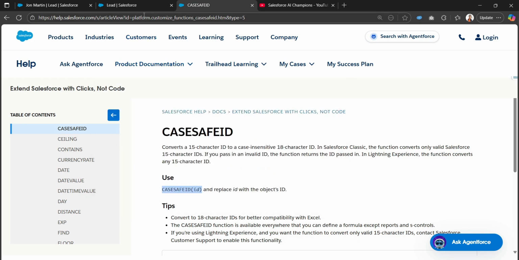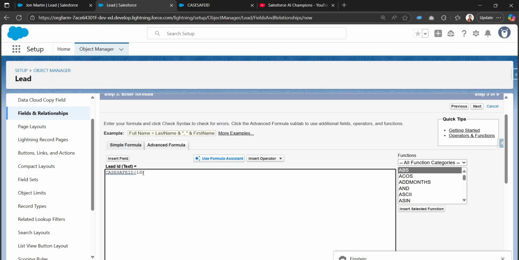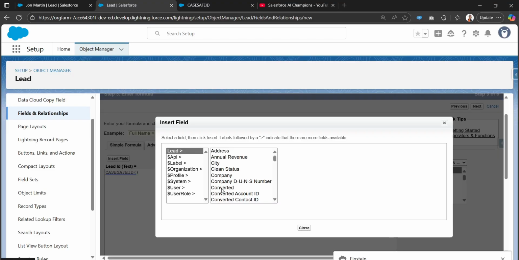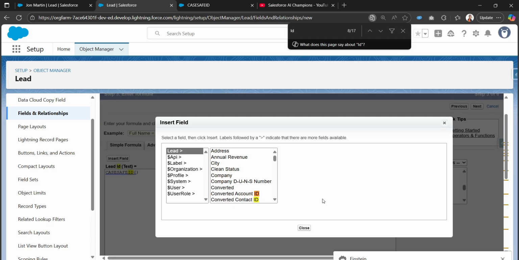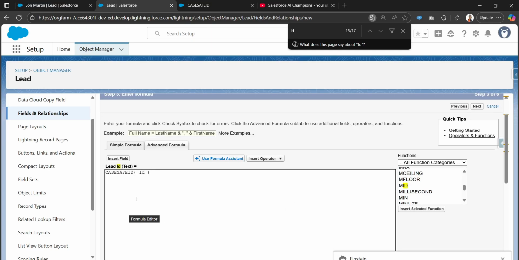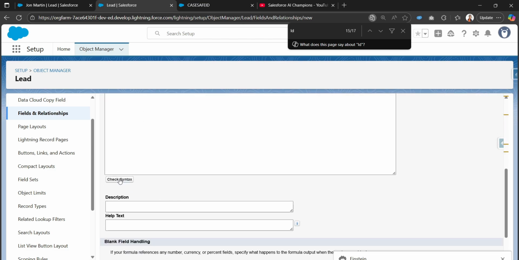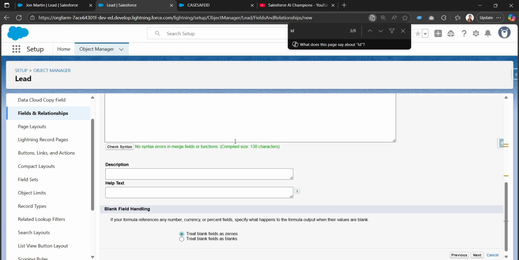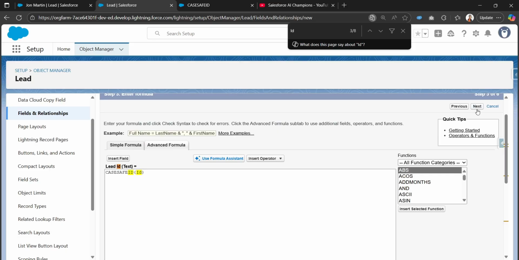So let me use this one, and in the ID I'll be using that lead ID. Let me insert the lead ID field, and let me search for ID. So this lead ID, insert, and let me quickly check the syntax. There are no issues in the syntax. Let me click on next,